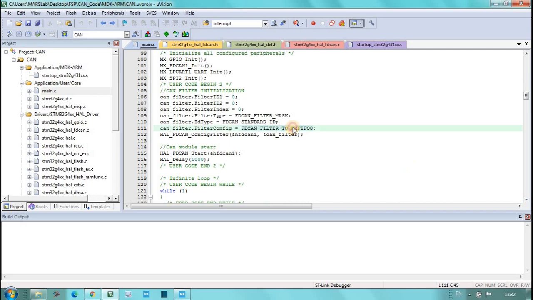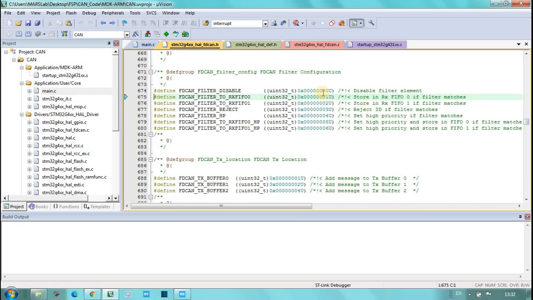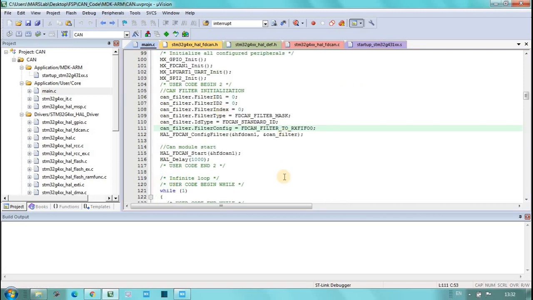And this filter config is given as Rx FIFO. It is set to 0. If the filter matches, then only it will receive the data back to the particular node. Then the next thing after initializing the scan filter and setting up all these parameters is to start